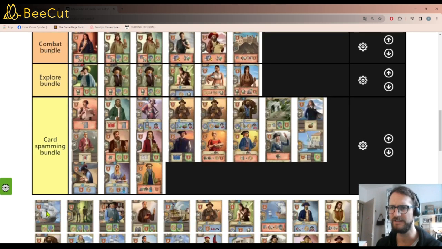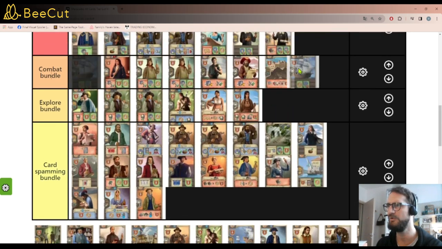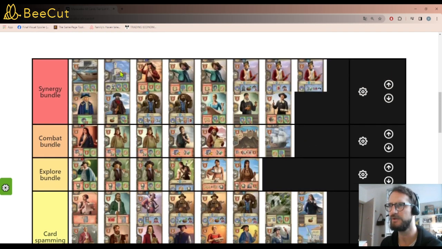This is like the Privateer Raid. This is definitely in the combat bundle. I know it has a synergy. No, it goes on the other side. It has a synergy token, which requires the Harbor, which makes it good with the synergy bundle, but it's definitely a combat card because you need...